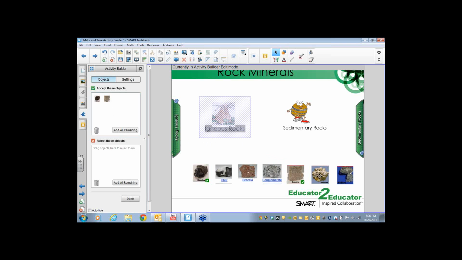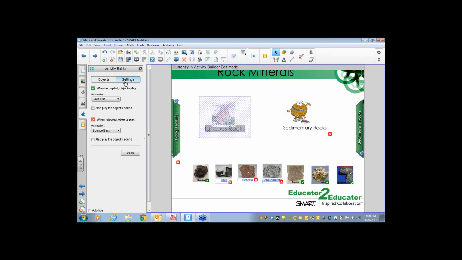One at a time, I'm just clicking on them, and I'm dragging them into the box. I'm going to go down to the bottom here where it says reject these objects, and I'm going to click add all the remaining. You'll notice that the objects that are accepted have a green check mark, and all those that are rejected have the red box with the X on it. So I double check to make sure it's correct.